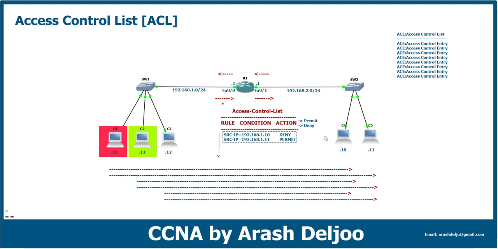For example, assume that now I'm configuring another rule. If the source IP is 192.168.1.10, you should permit it. You know that in the first line we have configured that if the source IP is 192.168.1.10, you should drop or deny the traffic. But here we have, if the source IP is 192.168.1.10, you should permit it. And now let me give you one important piece of information about the ACL. In ACL, we are using the top-down approach. Top-down approach means first line,